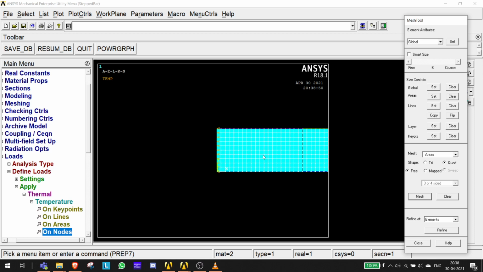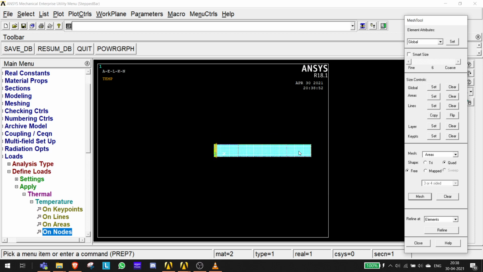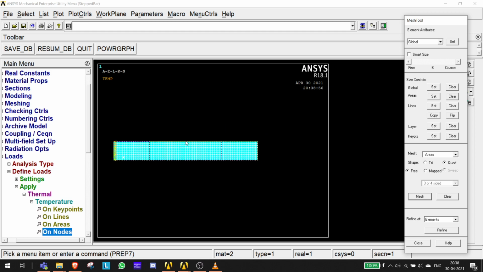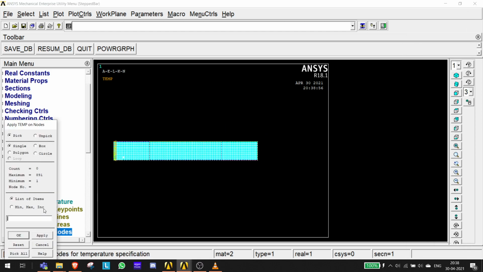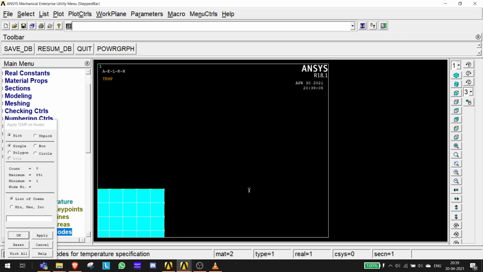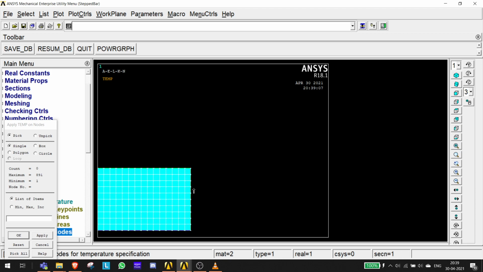It has a temperature now, right? Now the next step is to give temperature in this region. So I'll click on nodes again. I'll just zoom into the model a bit. Oopsie. And now I'll use the box selection and I'll box only this.